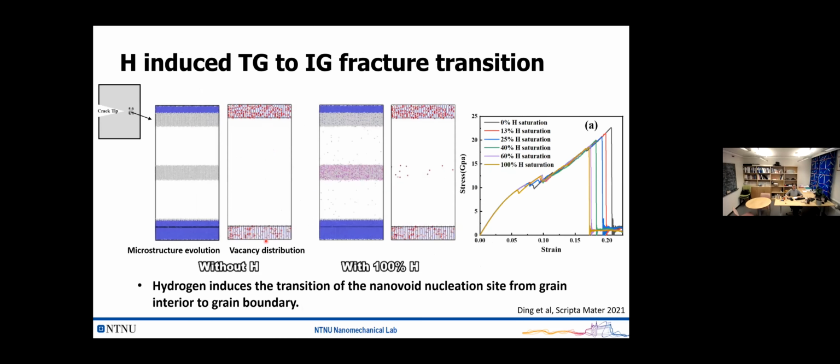And then let's see how the result looks like. The red curve shows the stress strain curve with different hydrogen concentration. And interestingly, with increasing the hydrogen concentration, we lower the yield point and also the fracture stress and strain. If we see the